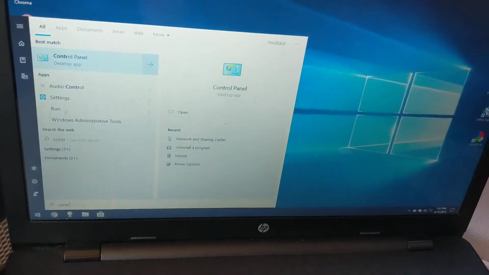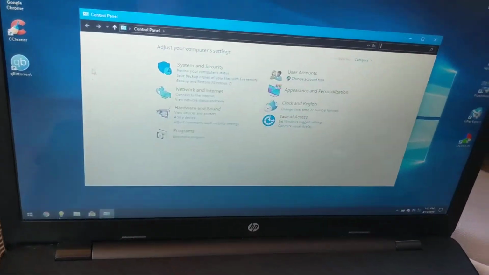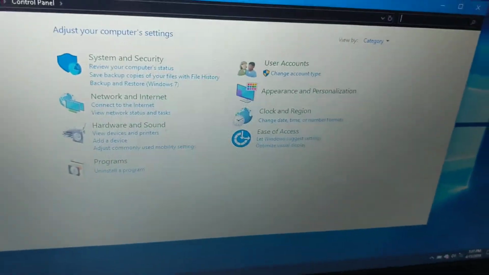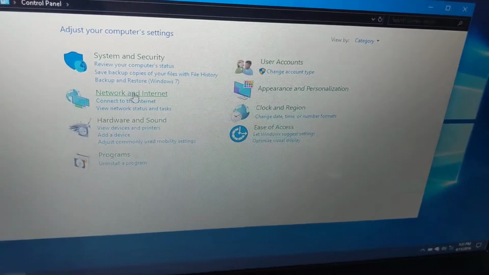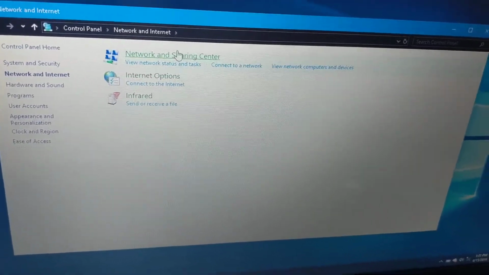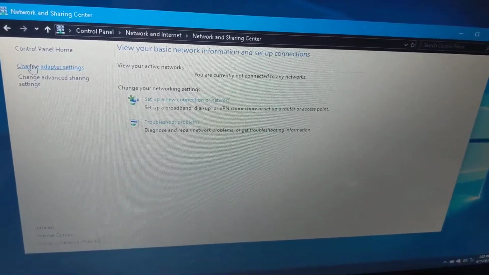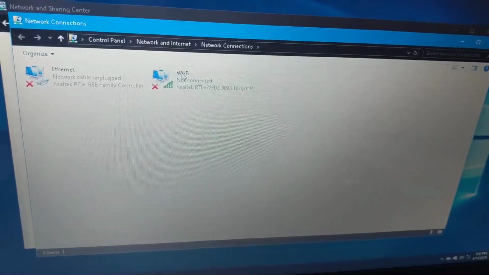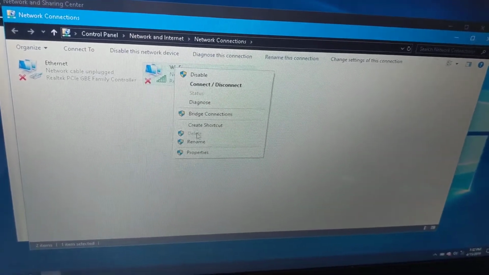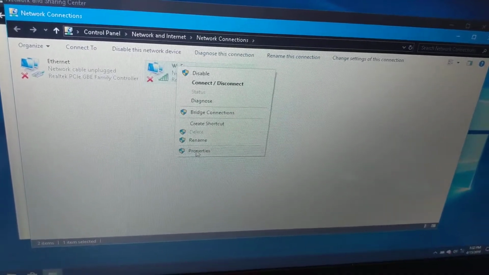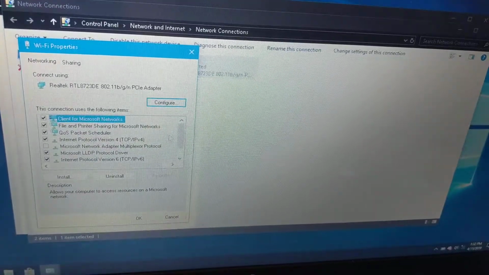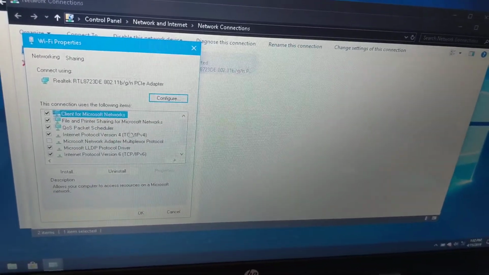and you'll see it shows up here. And then you'll want to go to Network and Internet, then Network and Sharing Center, change adapter settings, and you're going to right click on Wi-Fi and hit Properties. For the top sign in Hollister you don't have to do this, but when the properties window opens,